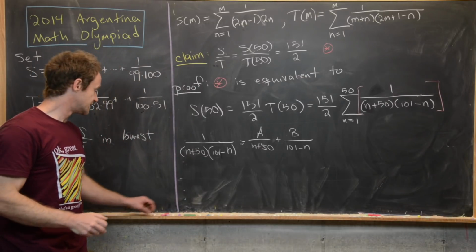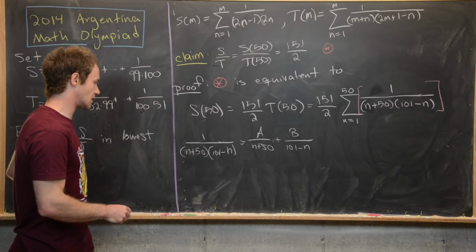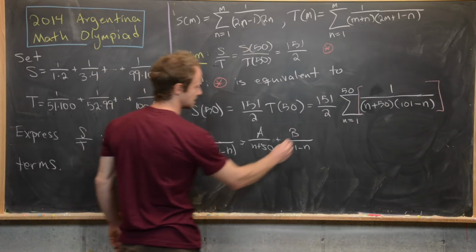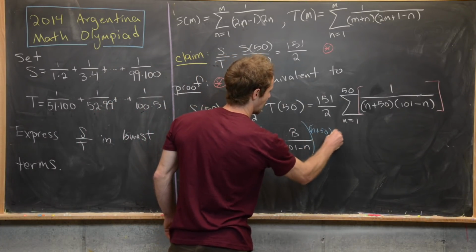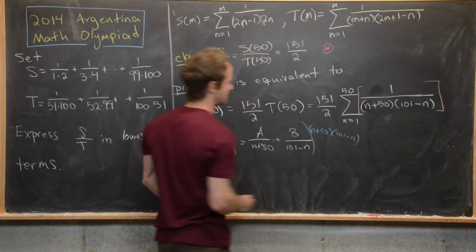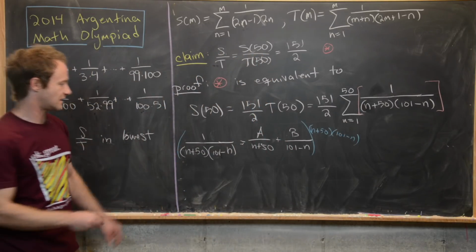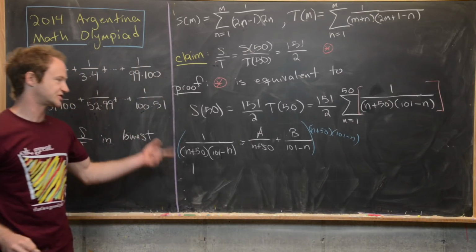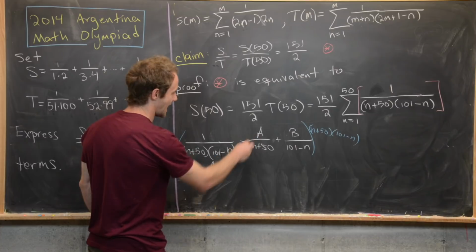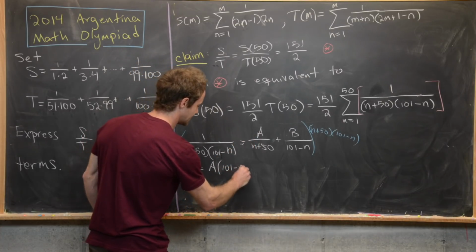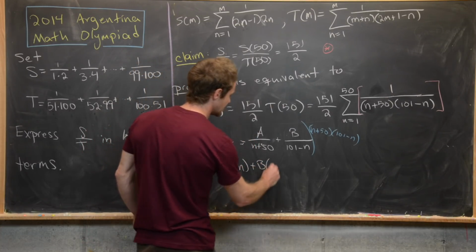Now we just have to determine what a and b are. So let's go ahead and take this and clear the denominators. So we will multiply by n plus 50 and then 101 minus n. So let's see what that gives us. On the left-hand side of the equation, we'll have just the number 1. That cancels out. And then that's going to be equal to a times 101 minus n plus b times n